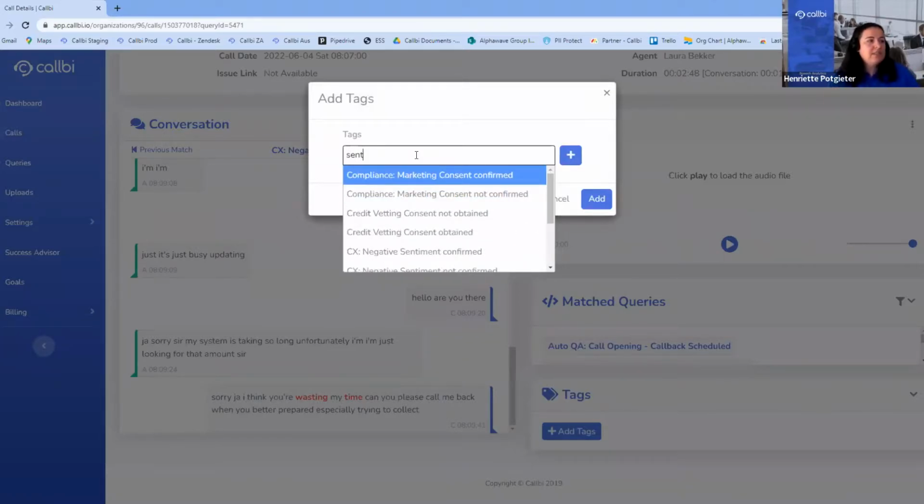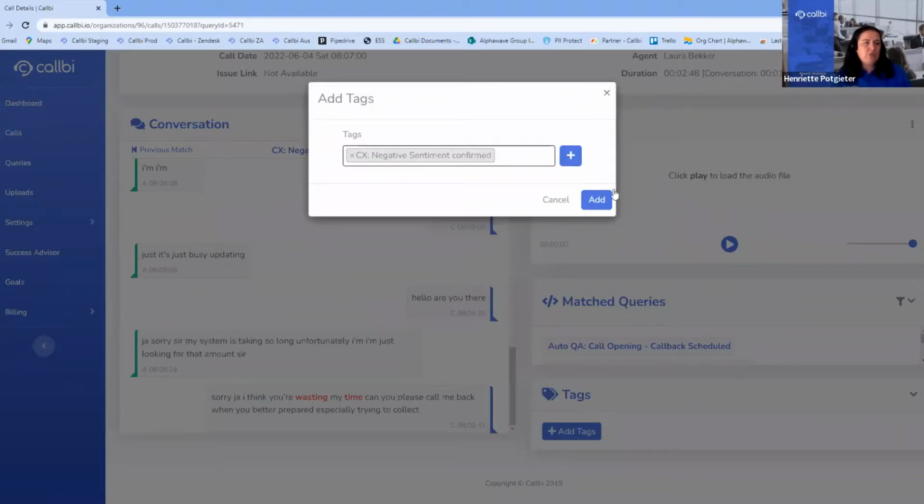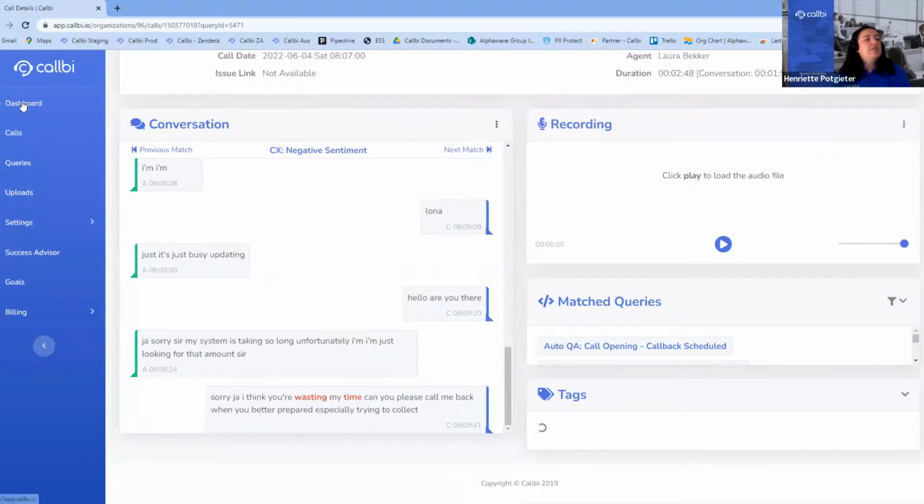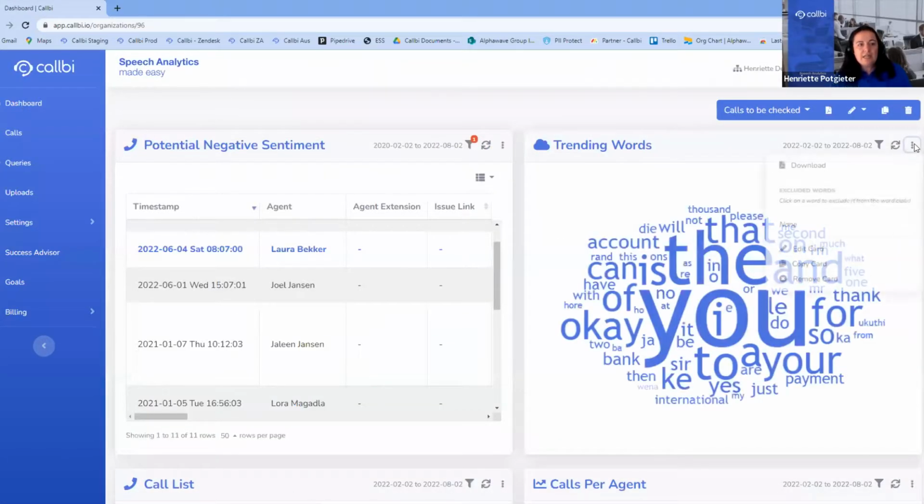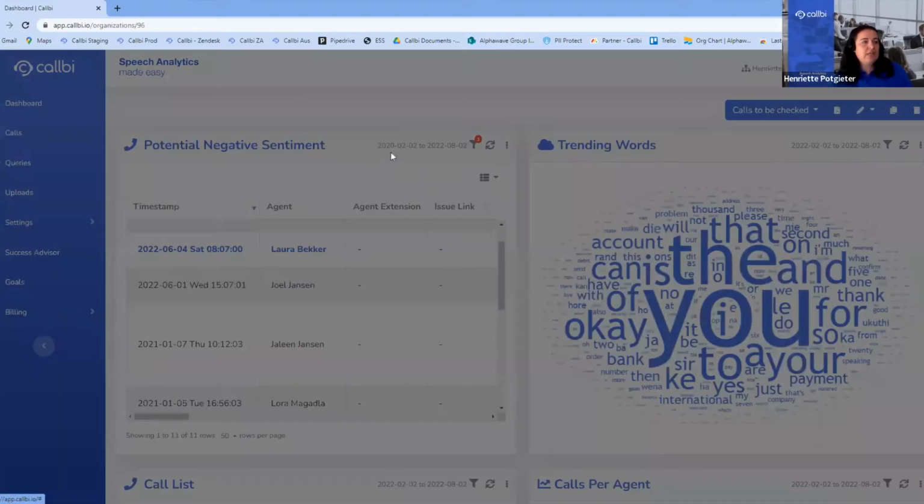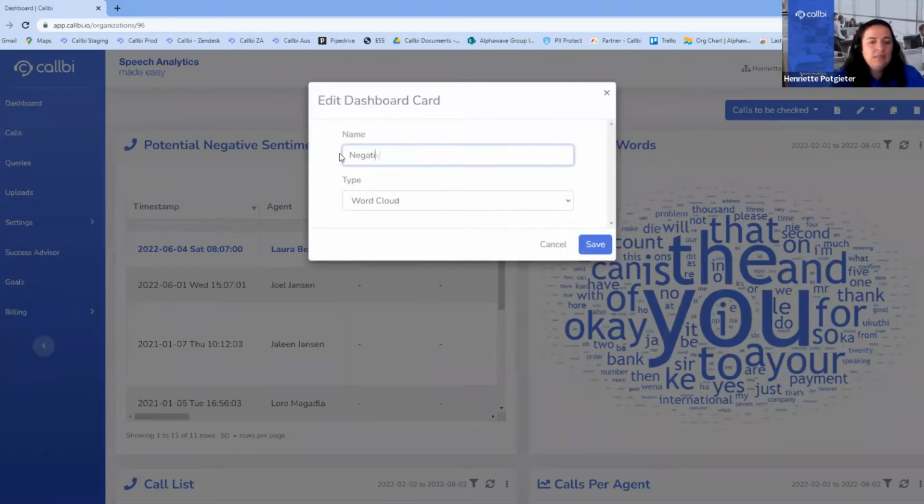This is then the process that someone will go through once a day, check the calls. You can then end up with one dashboard card. And let's just edit this. Negative sentiment confirmed. Because remember, your aim is to check all of this because you want to decide, what do